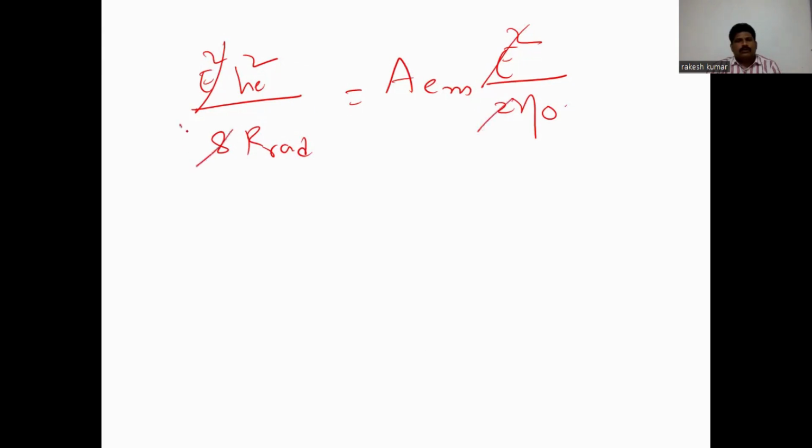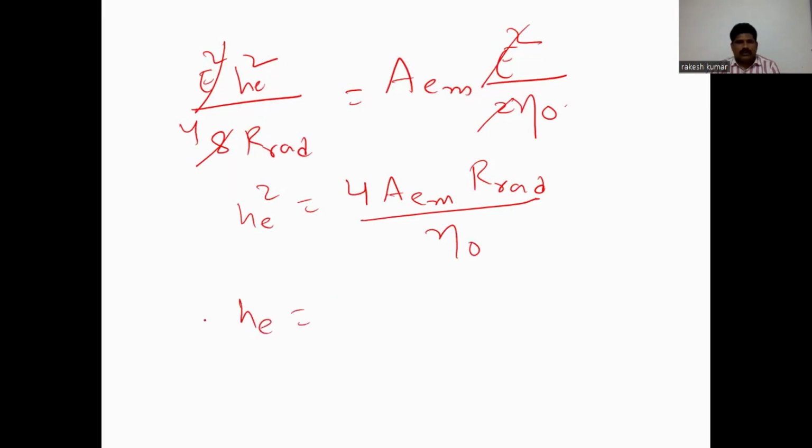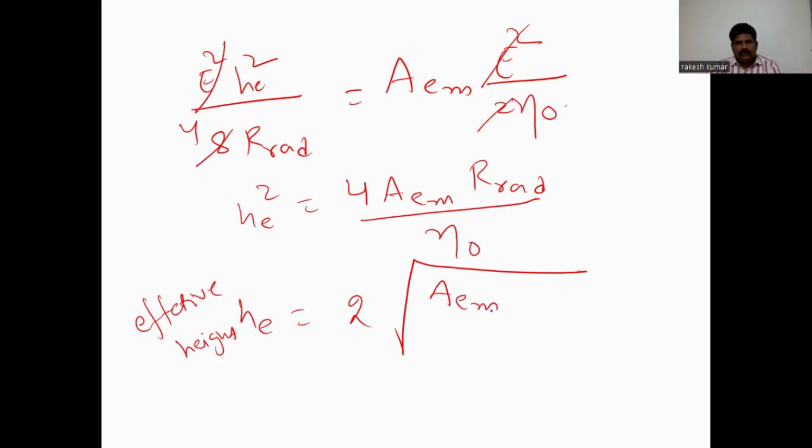So H square is equal to E to R to 4 by eta. Therefore, H is equal to the effective height. Effective height is equal to the root of